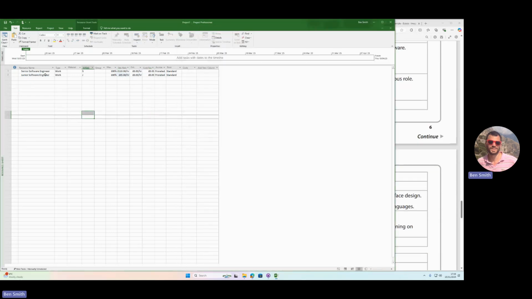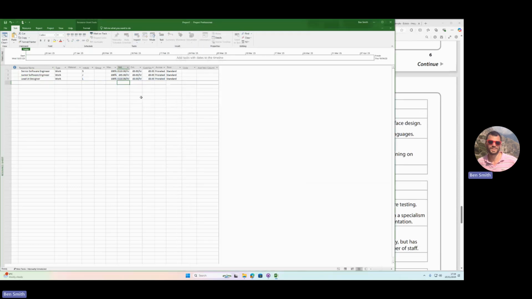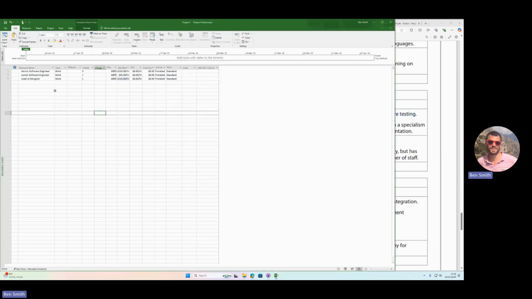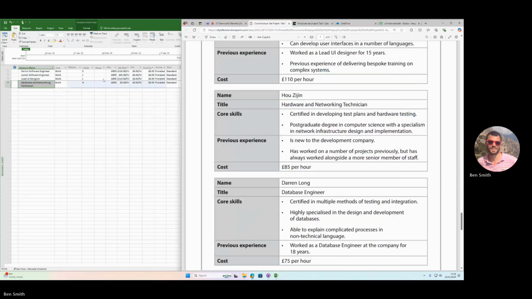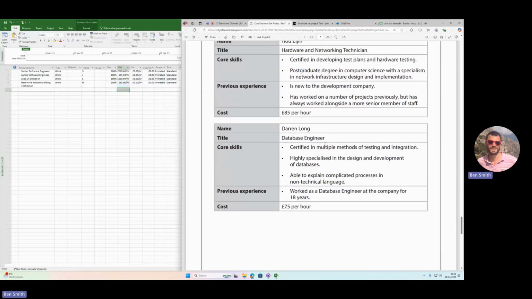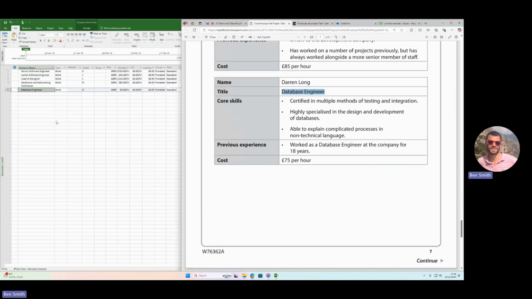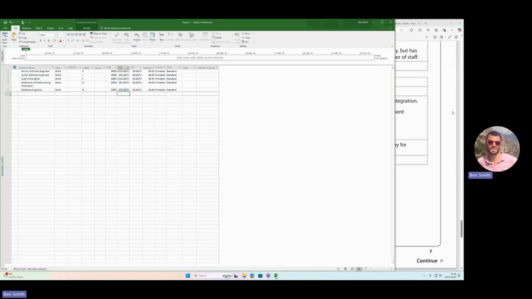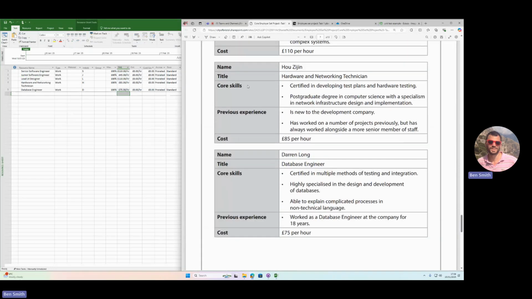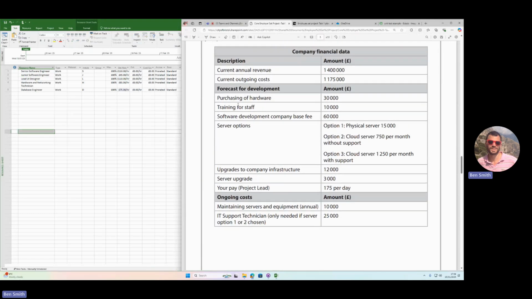A lead UI designer is £110 an hour. And then we've got a hardware and networking technician, £85 an hour. A database engineer, and he's £75 an hour. Yeah, and those are all the work resources, the people we've got to manage it. The next thing we need to do is enter in